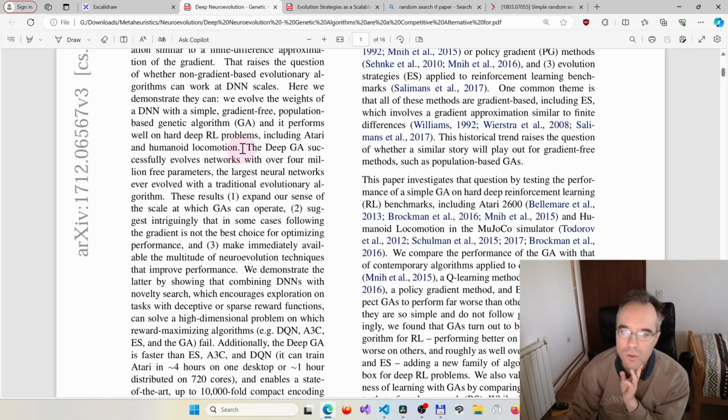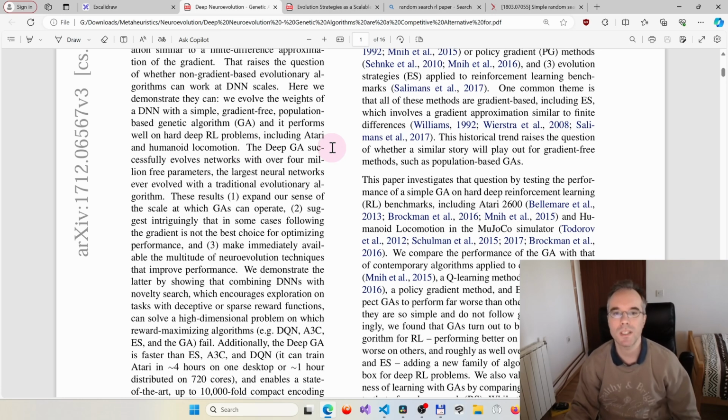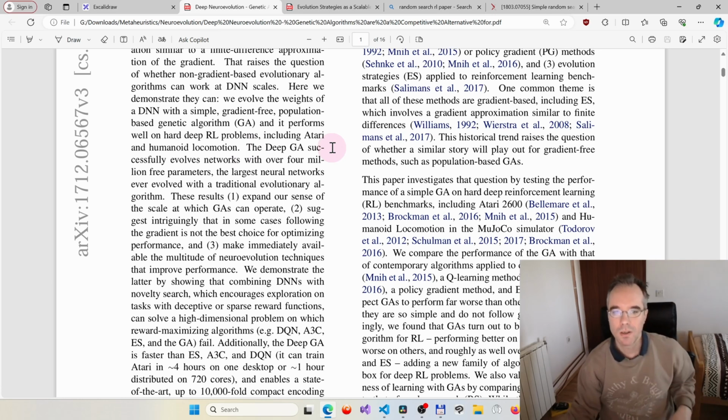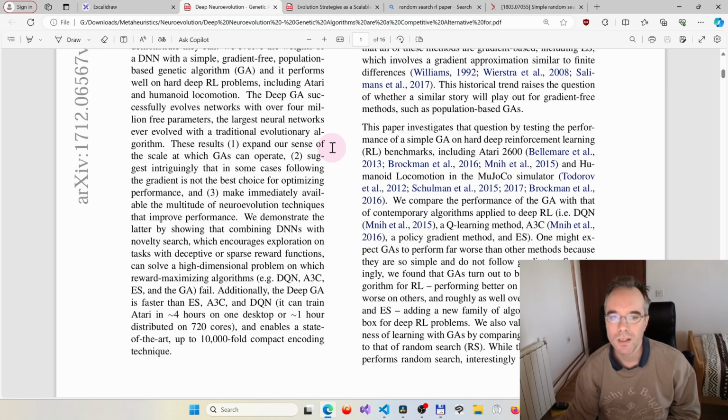Okay, let's continue from here. The deep GA, the deep genetic algorithm, successfully evolves networks with over 4 million free parameters. The largest neural networks ever evolved with a traditional evolutionary algorithm. These results expand our sense of the scale at which genetic algorithms can operate, suggest intriguingly that in some cases following the gradient is not the best choice for optimizing performance, and